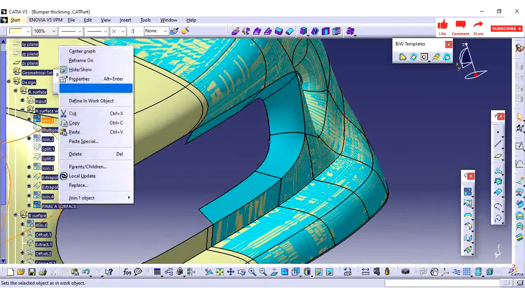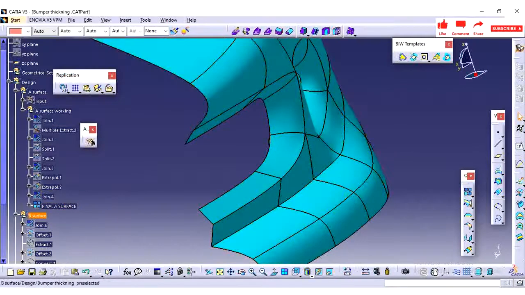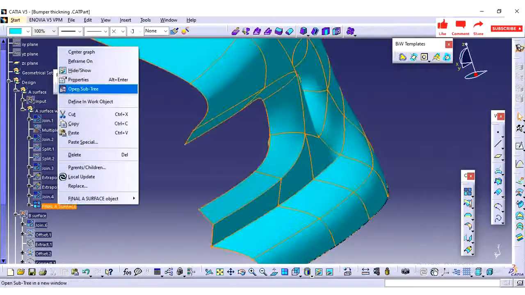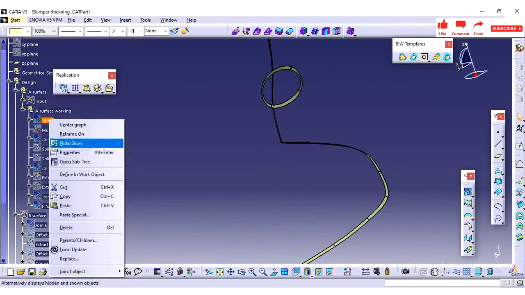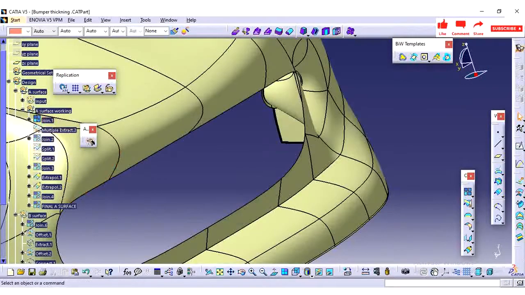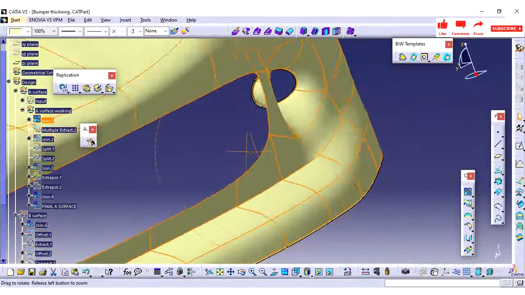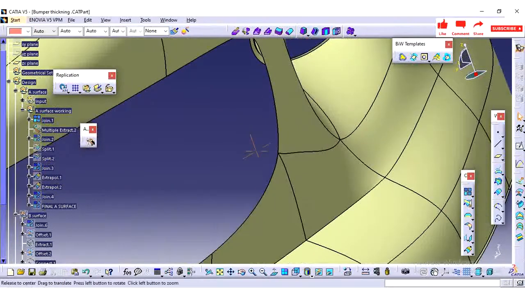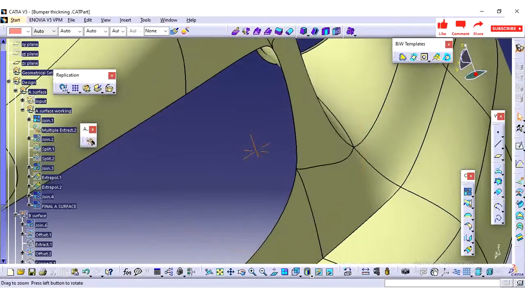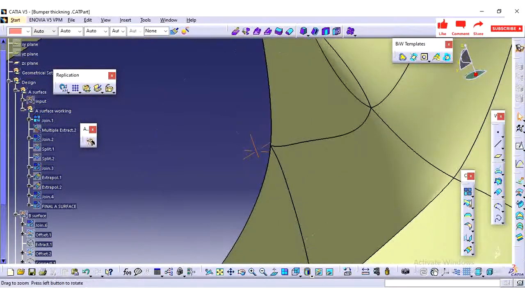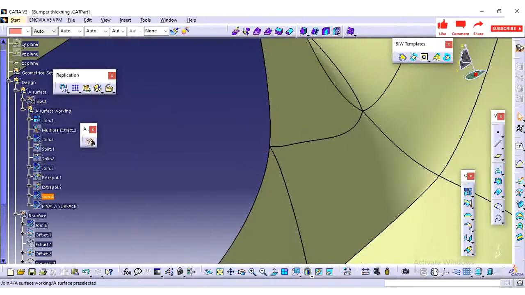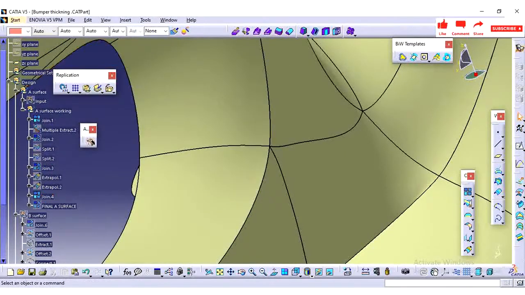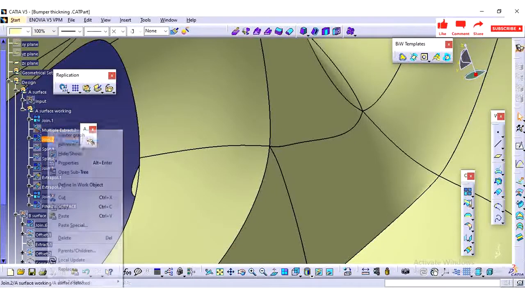Hi friends, in this video we will see the final close volume. So in part 1 we have seen the working on a surface. In part 2 we saw closing surface creation, and part 3 also closing surface creation. In part 4 all these areas are created, and now